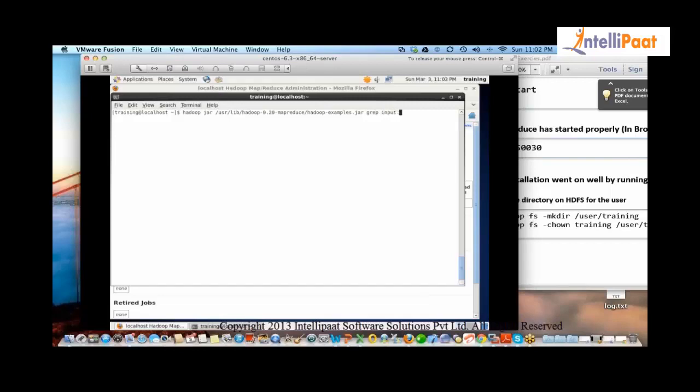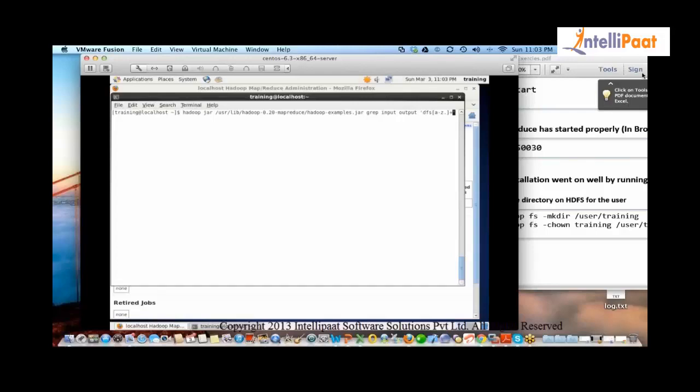Input is the directory from where the program should pick up the input. Output is the directory where I will write the output. And what I'm looking for as a regular expression is anything that starts with DFS and ends with anything between A to Z or dot. What are we trying to do here?